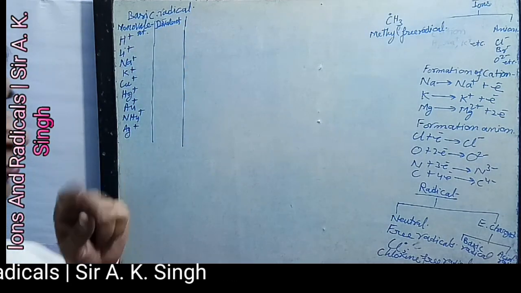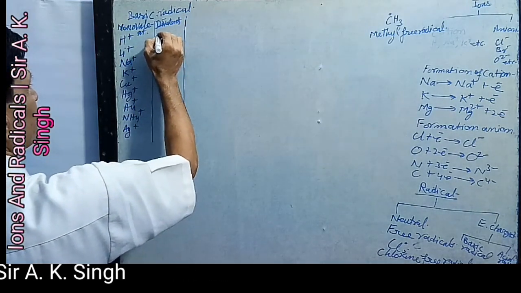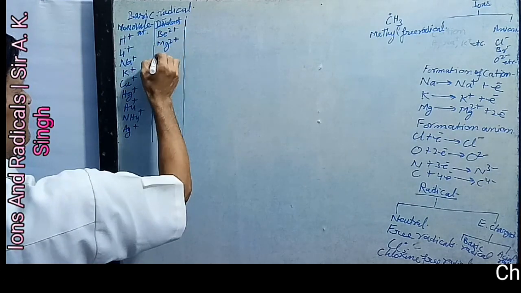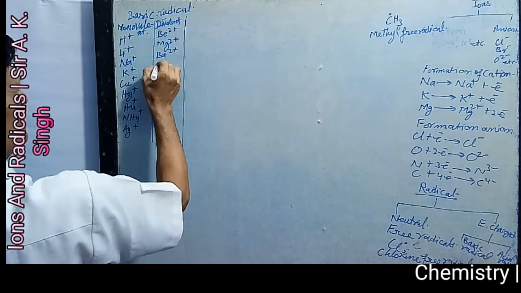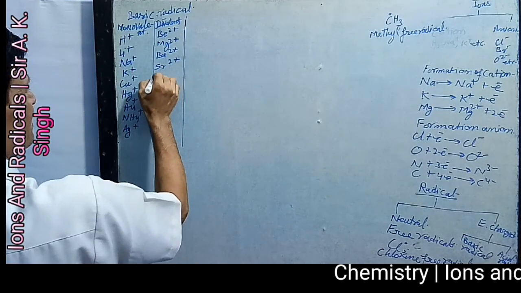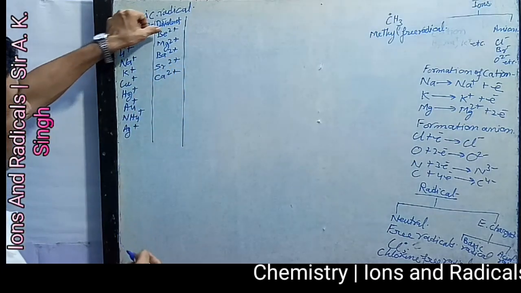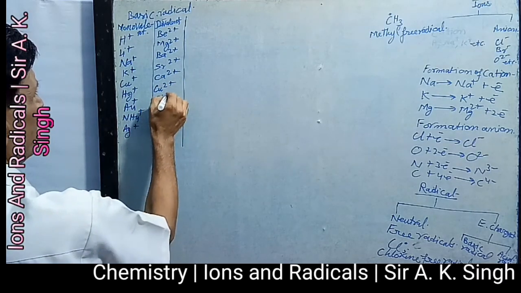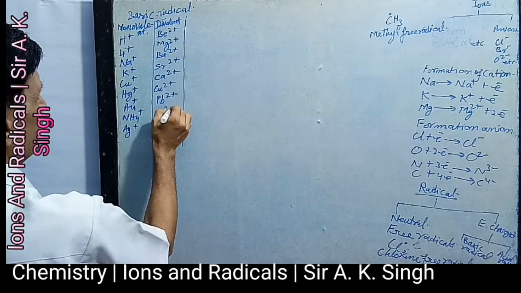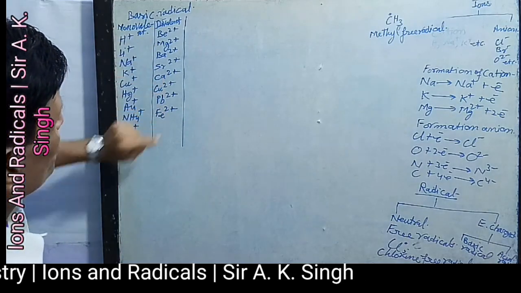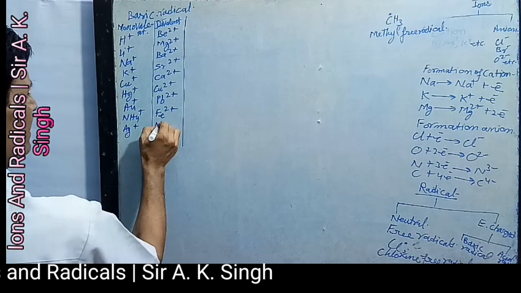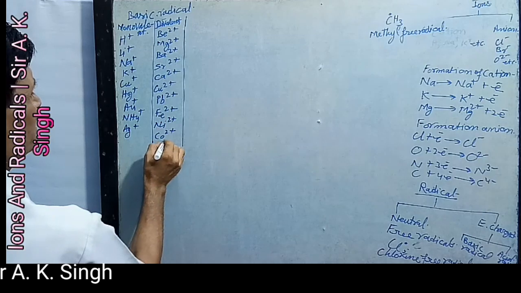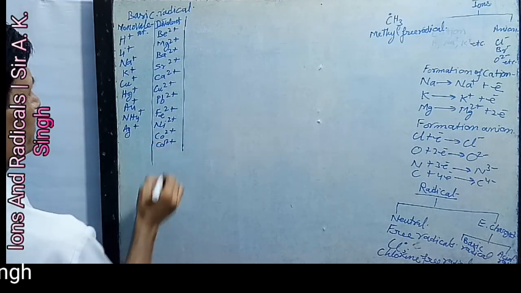Now let us see divalent radicals. Divalent radicals have two positive charges. Like here, beryllium ion, magnesium, barium, strontium, calcium. These have two positive charges. Cupric ion, plumbous ion, ferrous ion. See, they have two positive charges there. Nickel ion. Cadmium ion also has two positive charges,